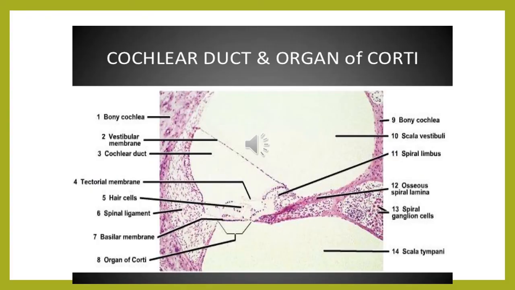This is actually the microscopic picture of the cochlear duct and the organ of Corti. As you are seeing it under low power, it is a labelled diagram. You have to draw it in this manner, that you will have to draw the bony spiral lamina, vessels, cochlear duct, then the tectorial membrane, hair cells, spiral ligament over there, the basilar membrane, organ of Corti. You will have to draw a separate diagram of the organ of Corti also, the scala media and the scala vestibuli and scala tympani. So this is how the cochlear duct appears under the microscope.